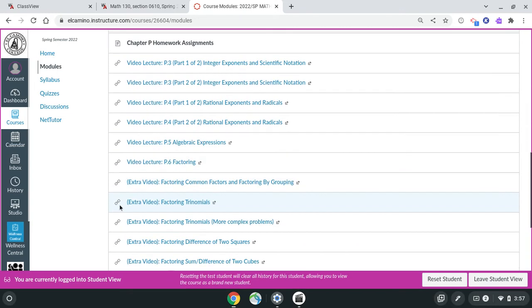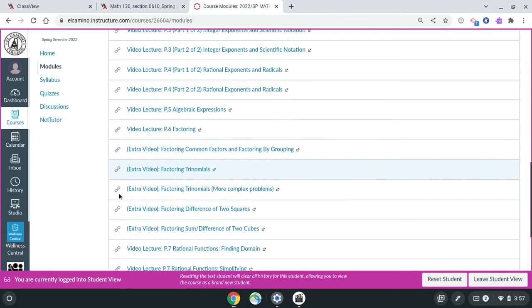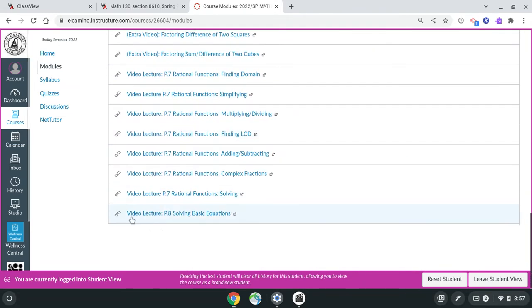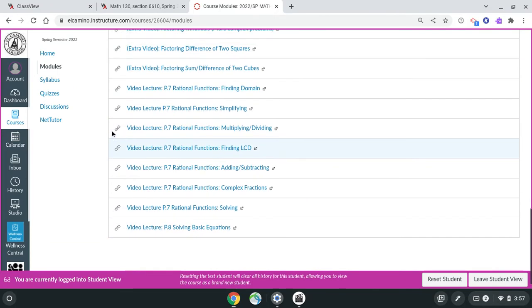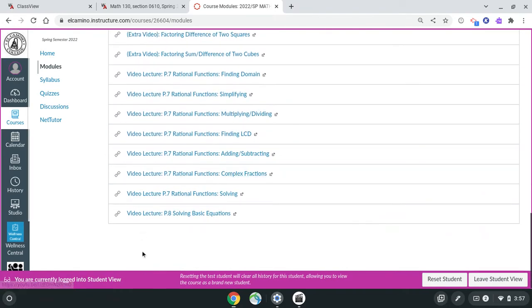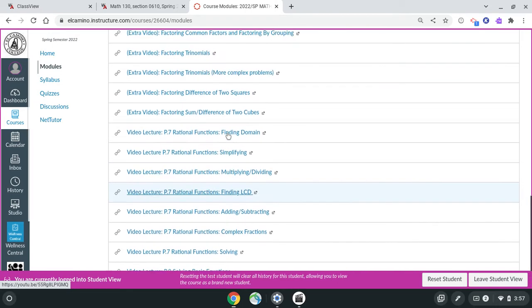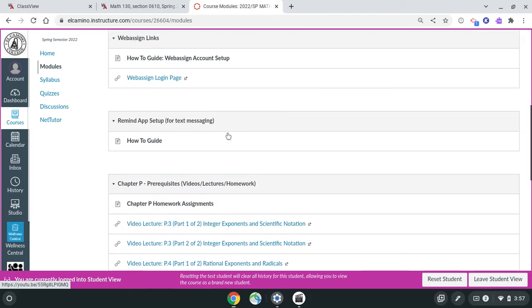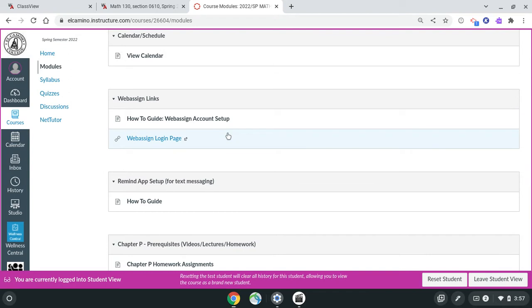This is where you're going to find all of your lectures. All of your lectures will have a module for each chapter. Chapter P has a module, and then the next module will be for chapter 1. All right, so you would watch the videos here, and then you would actually do all of your assignments, quizzes, tests, and final exam